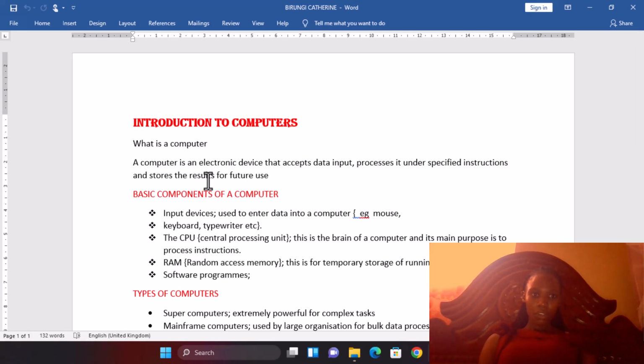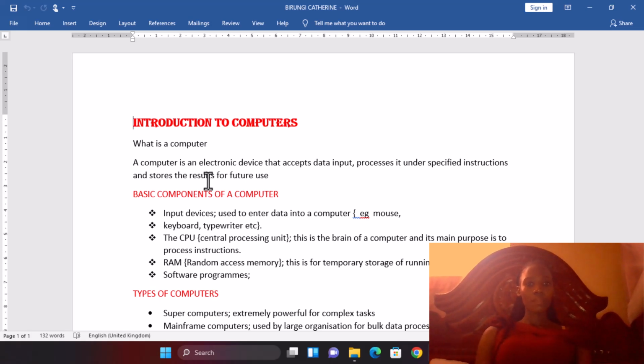So now we are going to talk about the basic components of a computer, whereby we have input devices. These ones are used to enter data into the computer, for instance, the mouse, the keyboard, typewriter, among others. Meaning, if you want to enter data into the computer, you need these input devices with you for you to